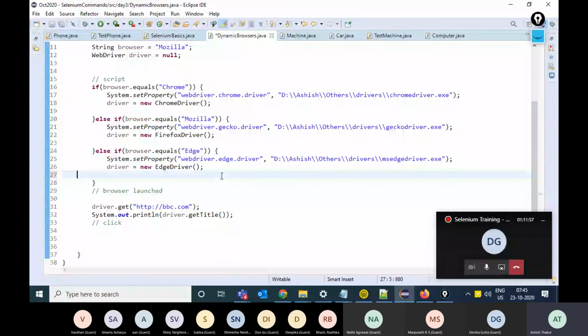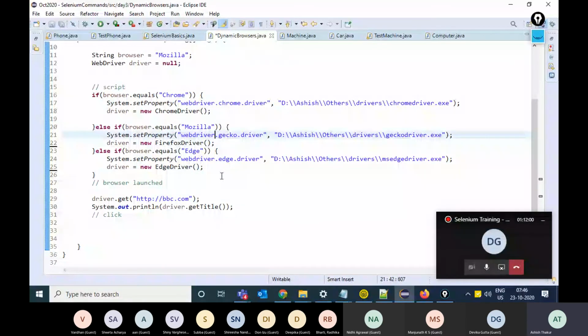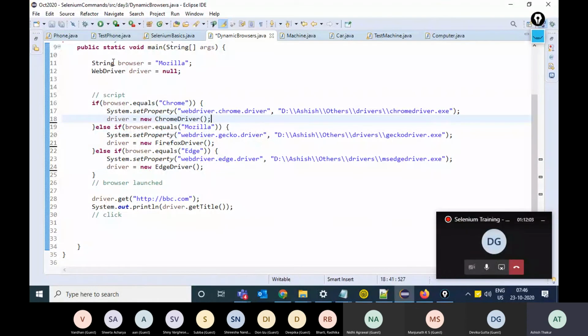And then use it. So if I run this code, now the browser is Mozilla, so Mozilla will be taken to BBC.